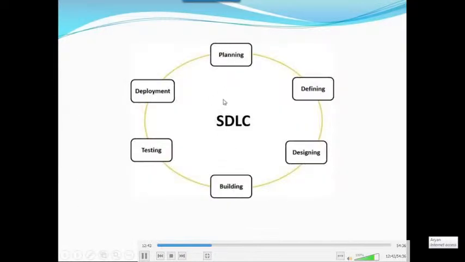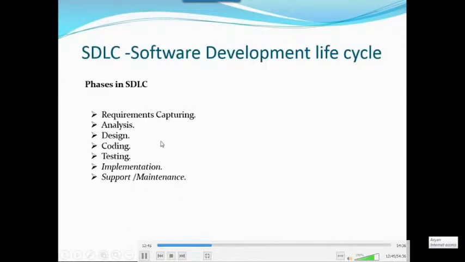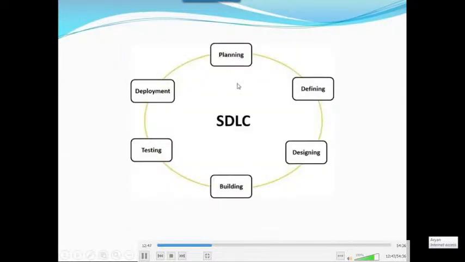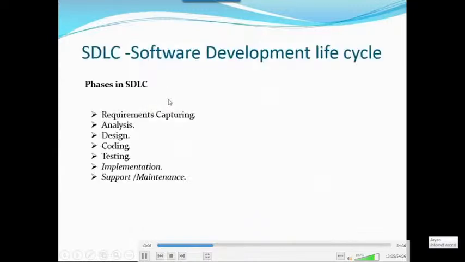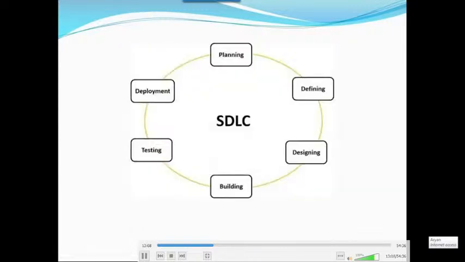You can tell it either this way or this same way. The terminology is different. Here we are saying requirement capturing. Here we are saying planning and defining, which is nothing but analysis. Designing, building means coding, then testing and deployment. Either you can use these words or those words.